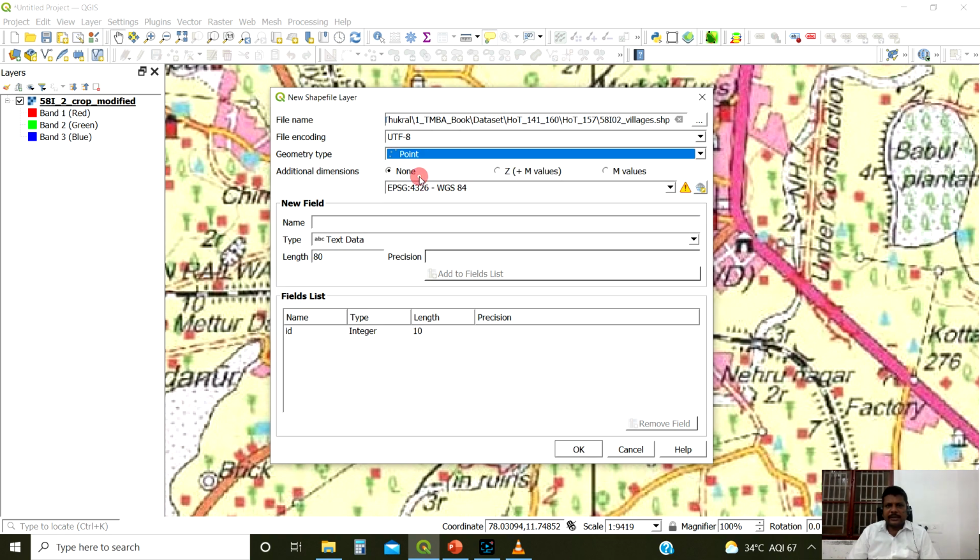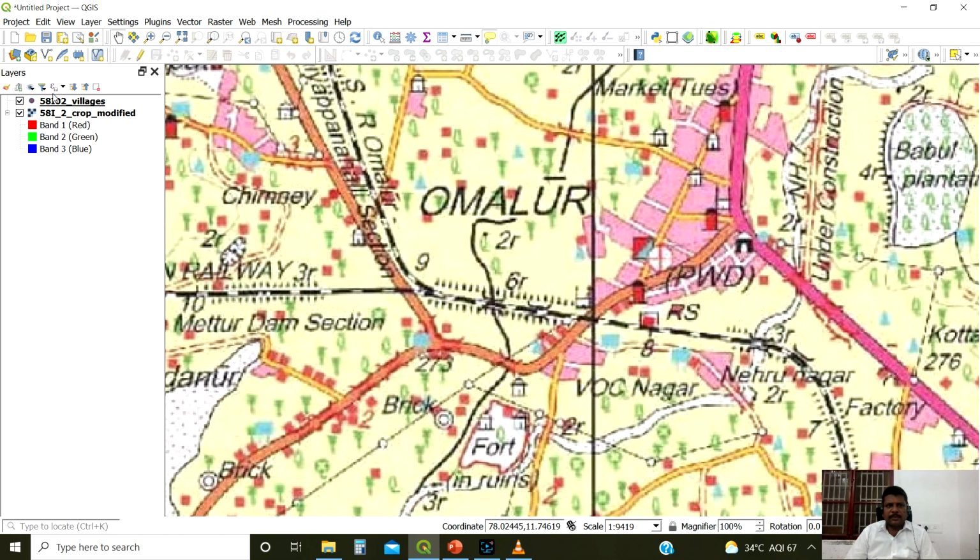Then it is point data. So the projection system you keep as it is. Then names, add, so the length of the name may be 40 or 30, whatever you can give. Just give OK. Immediately the layer is appearing with point data.